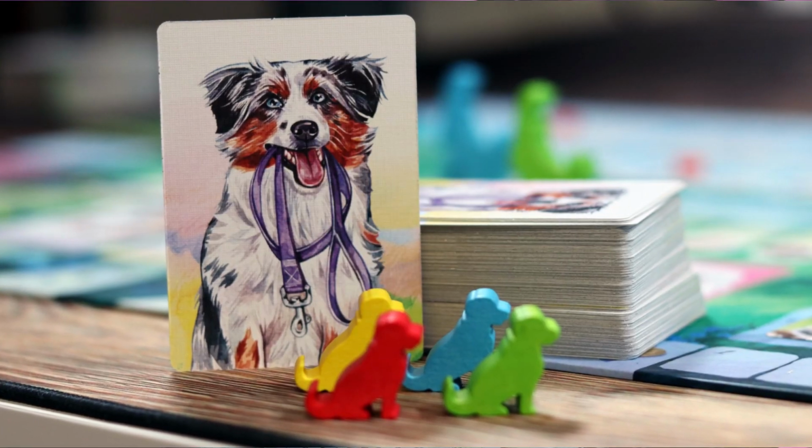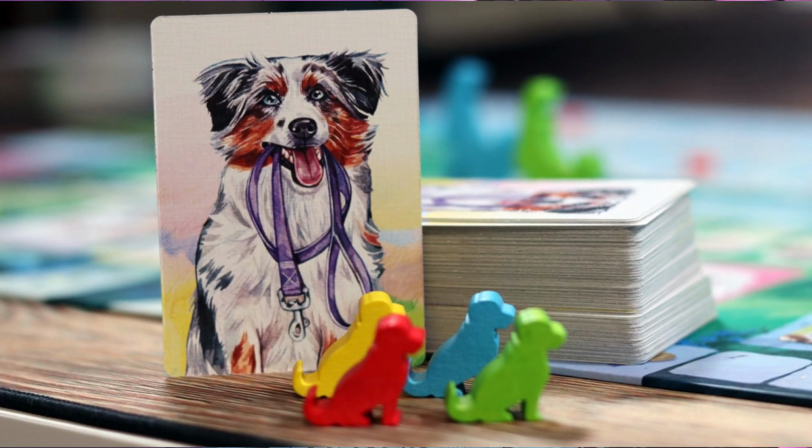That was my preview of Dog Park. If you are interested in a competitive mid-weight set collection and point-to-point movement game about walking lovely dogs, depicted in such a beautiful way because the art in this game is just chef's kiss, then please check out the Kickstarter